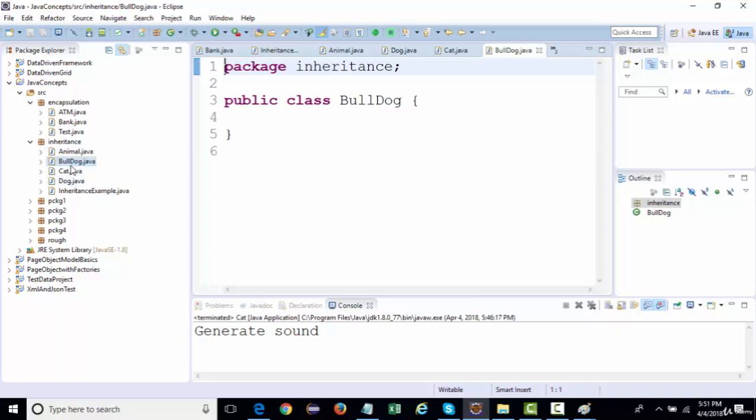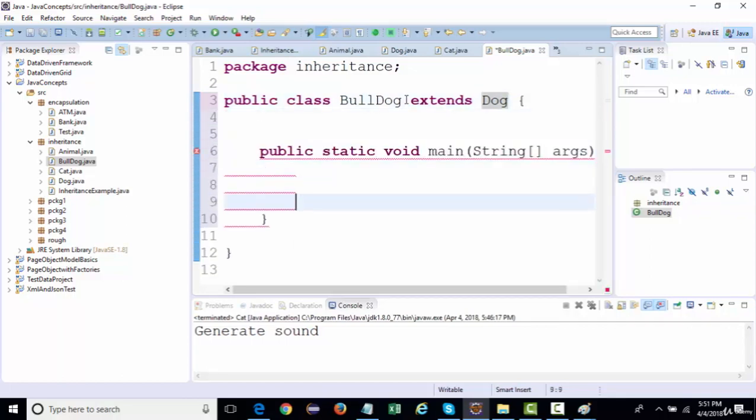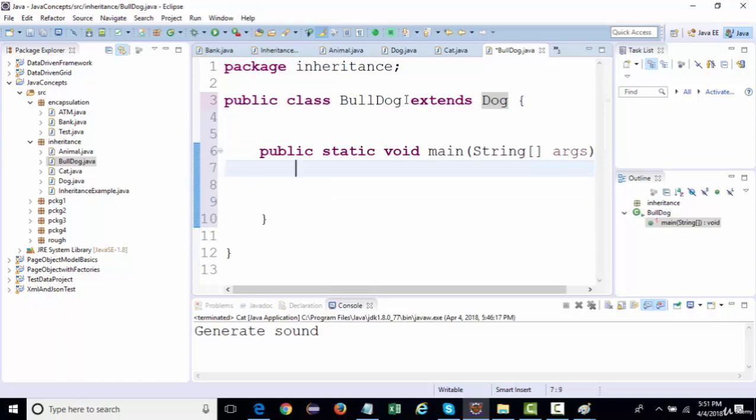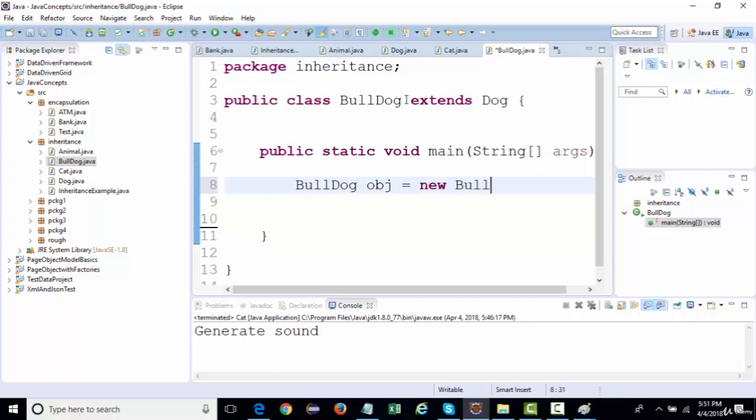Dog is the nearest one, right? So it will actually extend the dog class. And if I want to generate a sound from the bulldog class, I'm going to create an object of bulldog. Now tell me, if I call it, will I be able to access the sound method from the animal class?